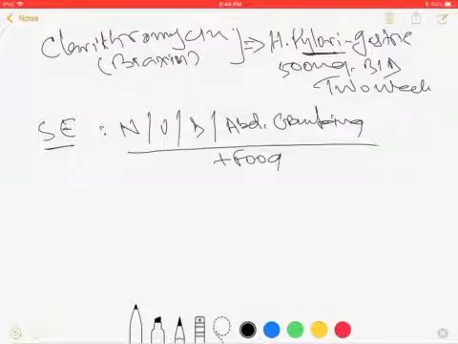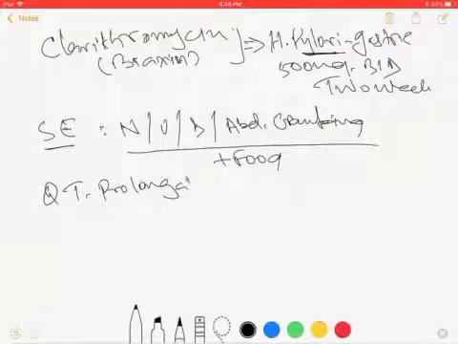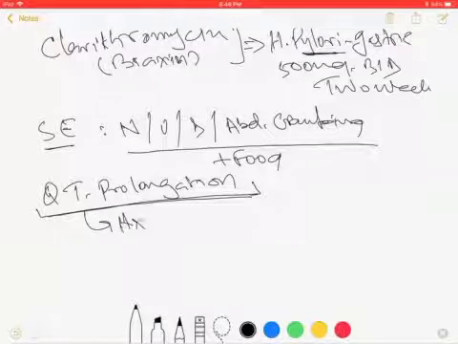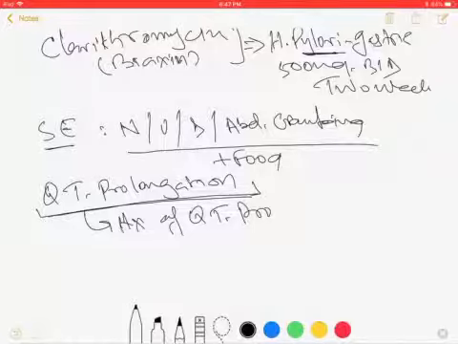The other serious side effect of azithromycin is QT prolongation. So who are the patients that will be more prone to QT prolongation? The patient who has a history of QT prolongation. That's a big one. So you have to be very careful prescribing to those patients